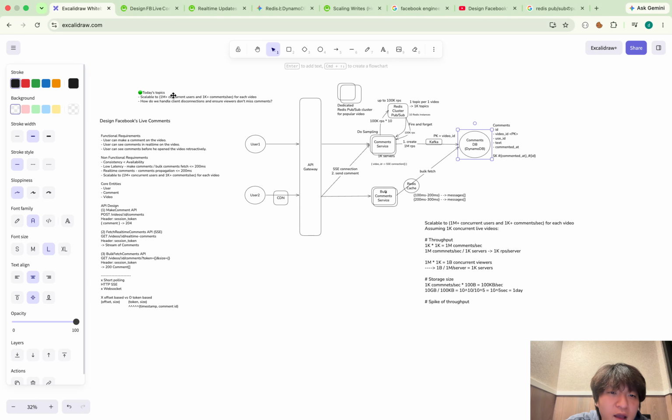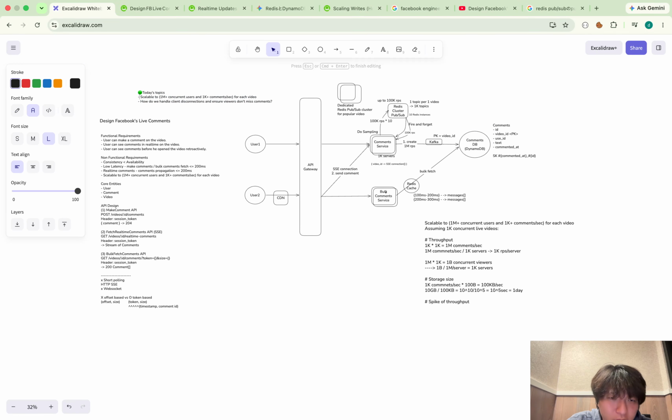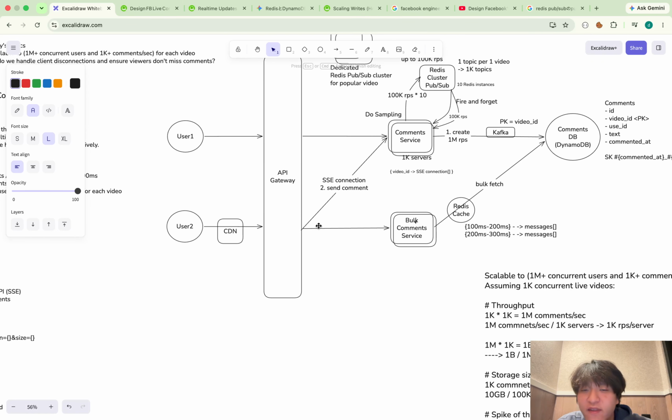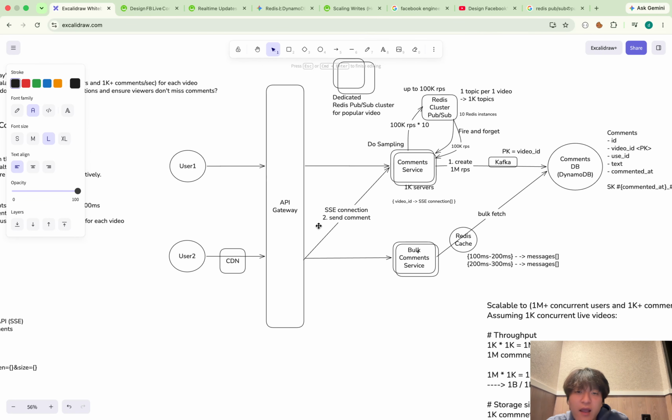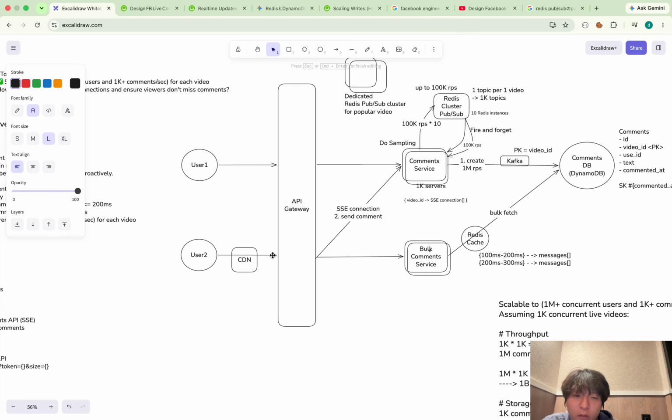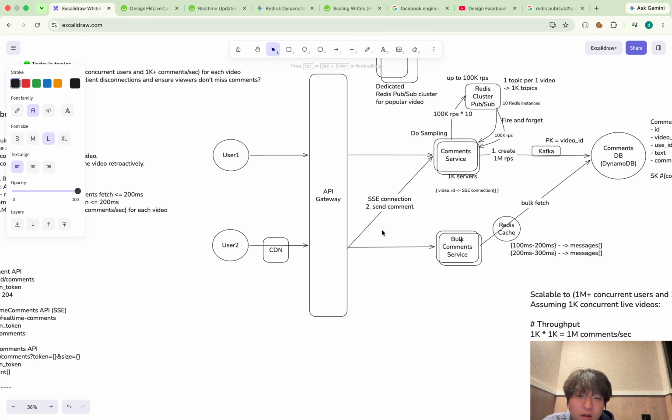Okay, so I've finished talking about this scalability. Now, finally, I will talk about this: how do we handle client disconnections and ensure viewers don't miss comments? I can rephrase this: what happens if some component is broken or the user's connection is dead?